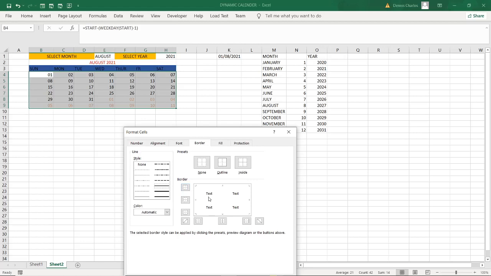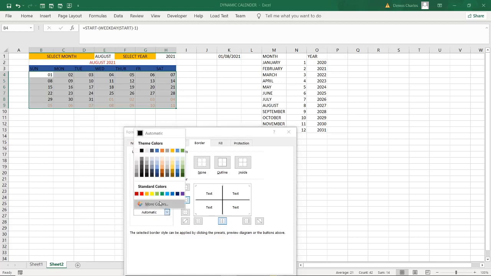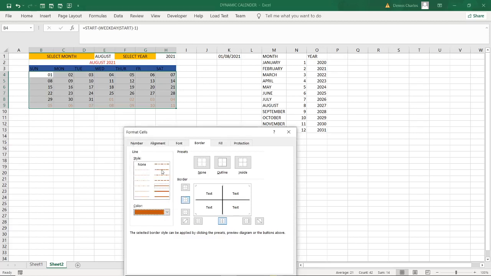I need to show the inner borders, and maybe I want them to be like this one. I can have any color that you want for the inner borders.